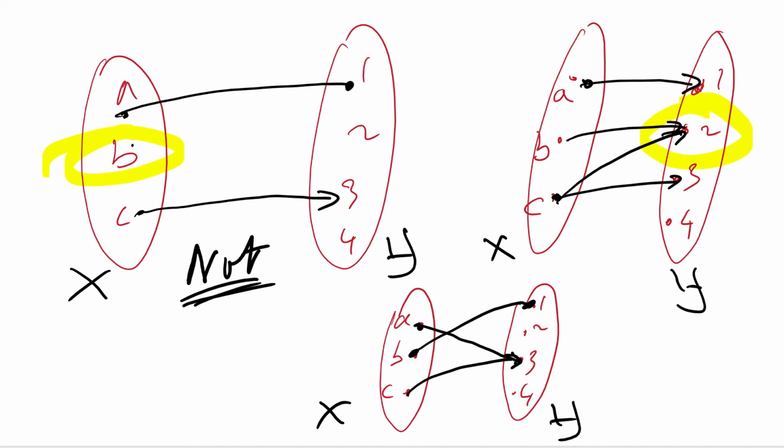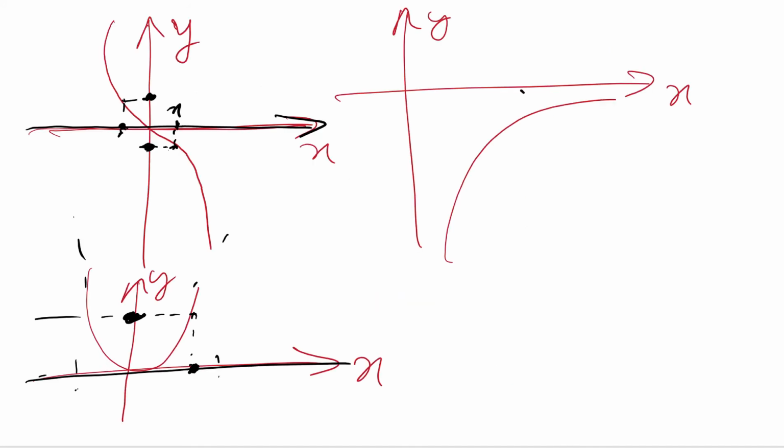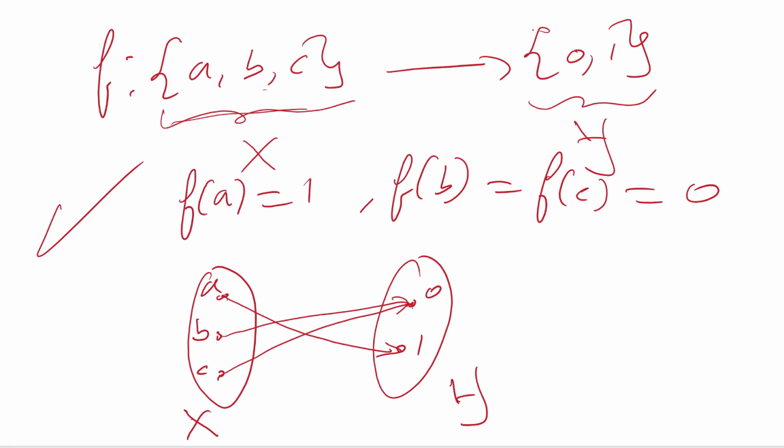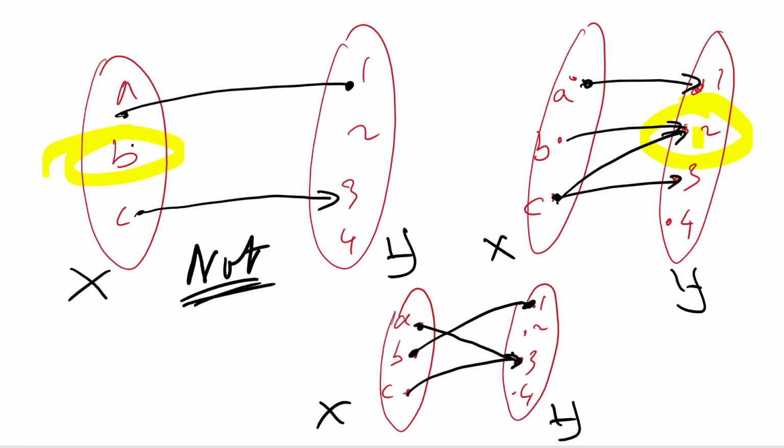So no, this should be a function, because if you look at this example, it's the same thing as this. So this should be a function. Then this is correct. Now, if I look at this last expression, this should also be a function, right? This should be a function because these two, B maps to 1, A maps to 3, C maps to 3. But let me change this expression so you can see something. If I change it this way,